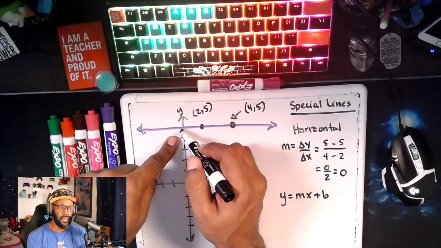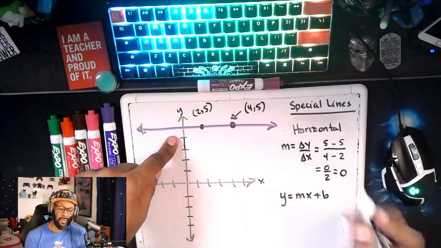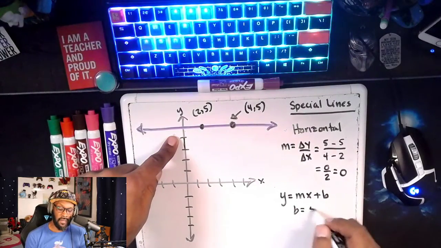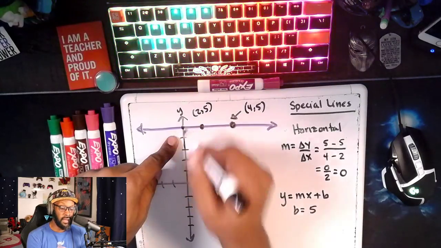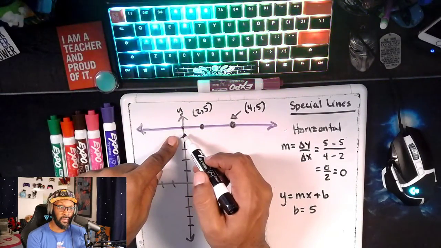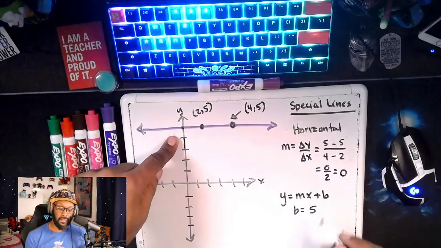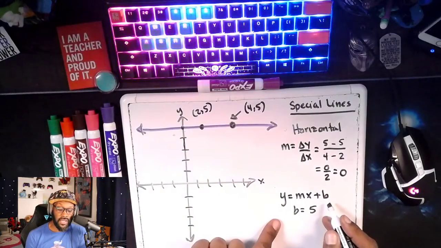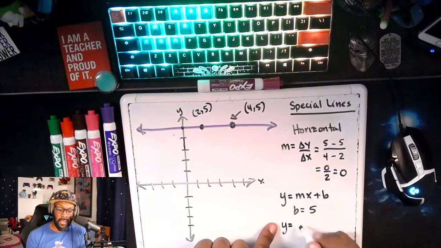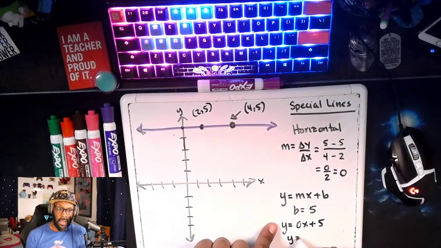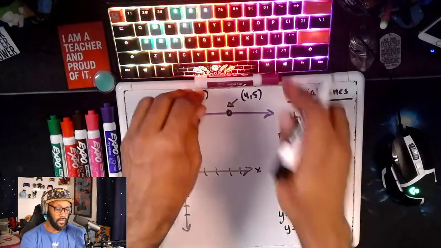So this point here is (0, 5), which makes b 5. Remember, if this ordered pair is (0, 5), when x is 0, y is 5, that means b is 5. So my equation, since we already know my slope is 0, if I were to substitute, would be y equals 0x plus 5,